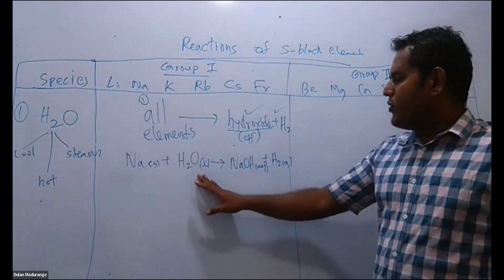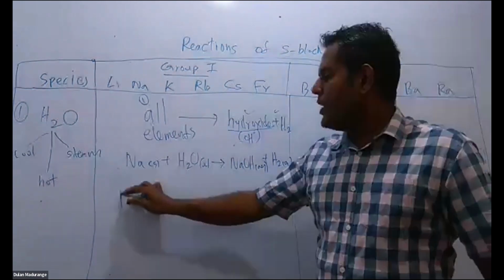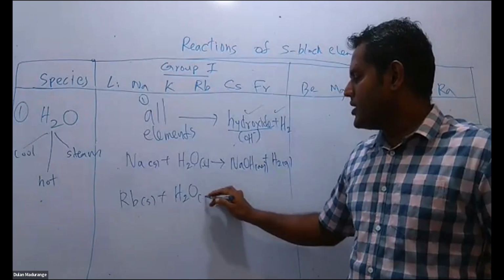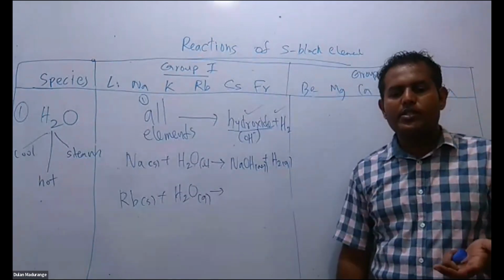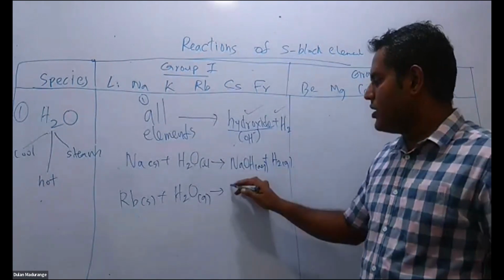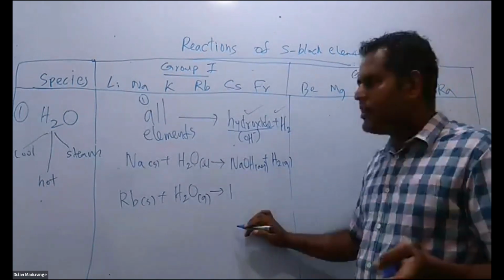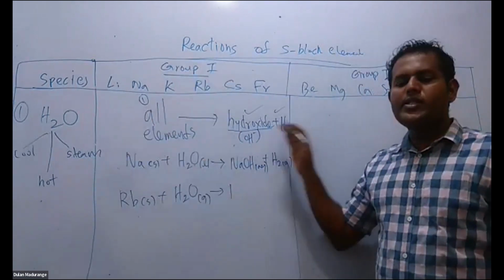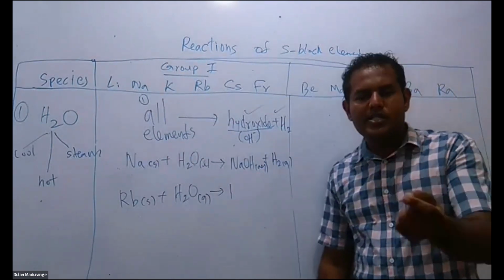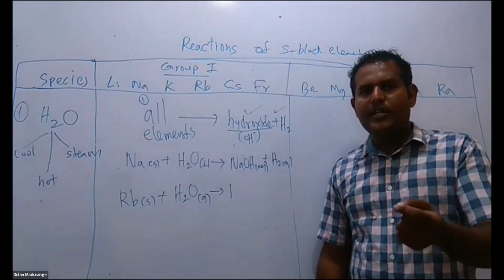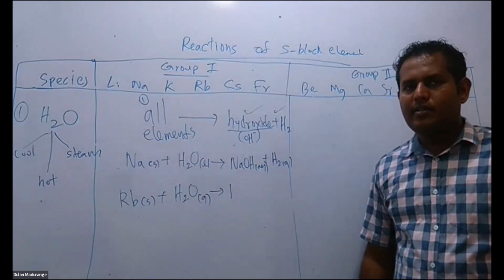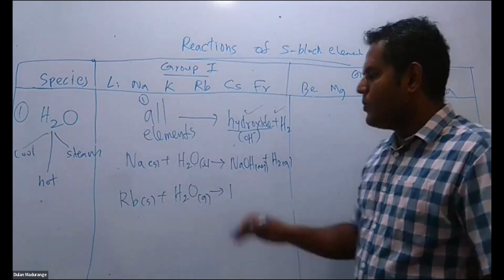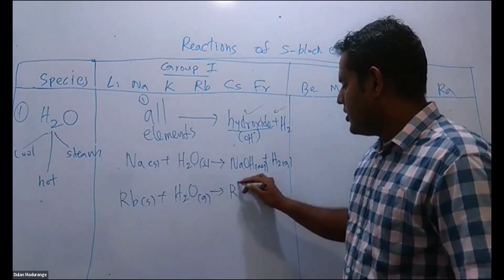Sodium with cool water forms sodium hydroxide plus H2. Tell me, rubidium with steam. You know steam means H2O gas. What does it form? Same thing. All group 1 elements react with all forms of water and form hydroxide plus H2. Learn the trends. If we know the trend, we can answer any question. The pattern is the same, right? So rubidium with H2O gas will form rubidium hydroxide